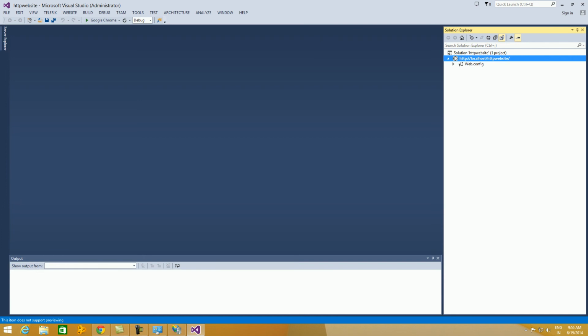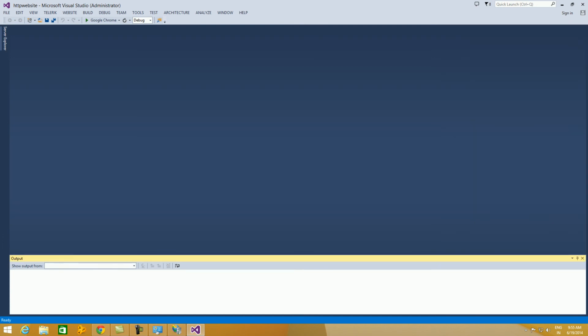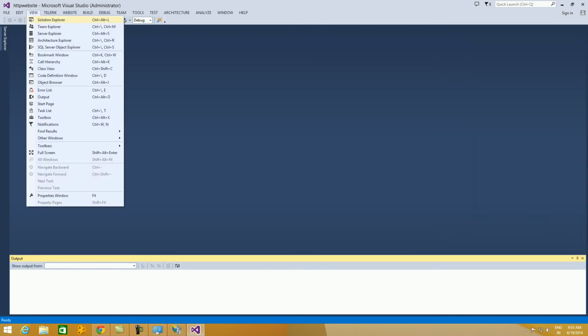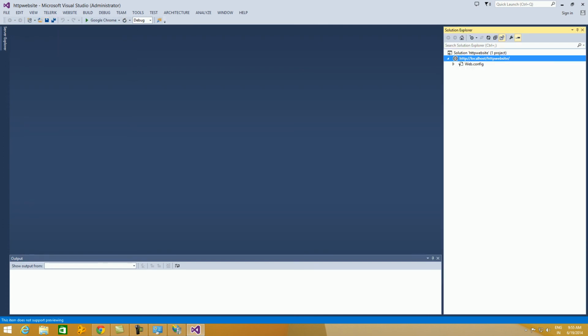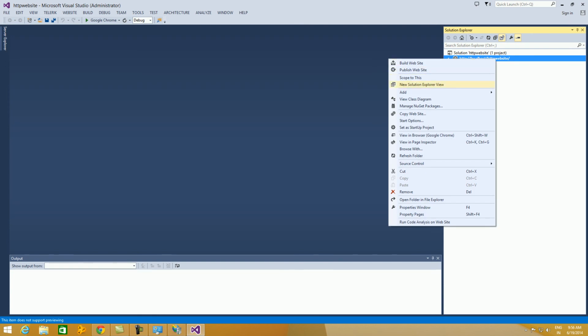Now let us add a single web page to our website. My Solution Explorer is already open, so sometimes it won't be open. To open Solution Explorer, go to View, select Solution Explorer. Now right click our website, HTTP website, select Add, then Add New Item from the Add submenu.